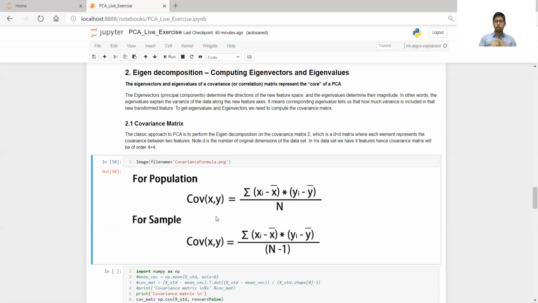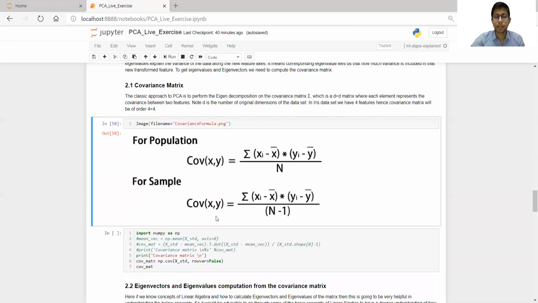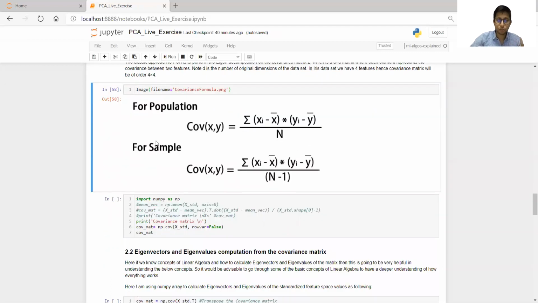We will not talk about the derivation. This is just the formula for the time being, you can assume. Anyway, we are not going to use this formula; I just explained it for your understanding. Here we are using Python, so we will be using all the libraries available in Python. So I will import NumPy.